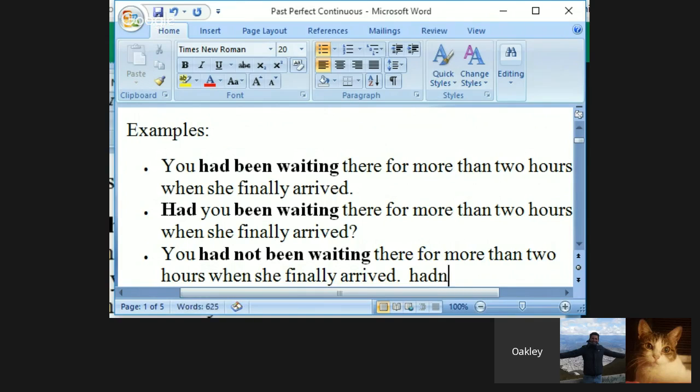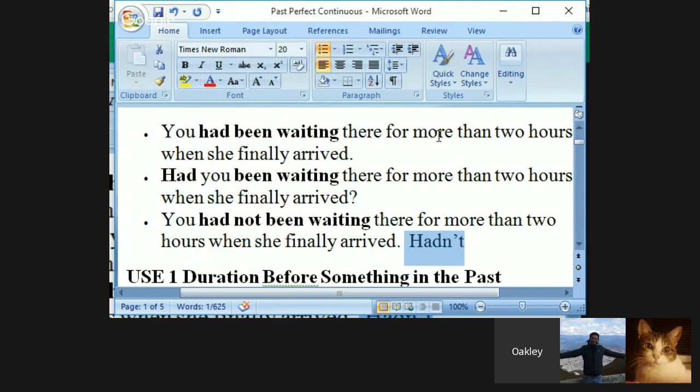Written, it would look like this: hadn't. Okay, and then the same thing again. Notice in the phrases, there's a time phrase in here, for more than 2 hours, and there's another clause here,